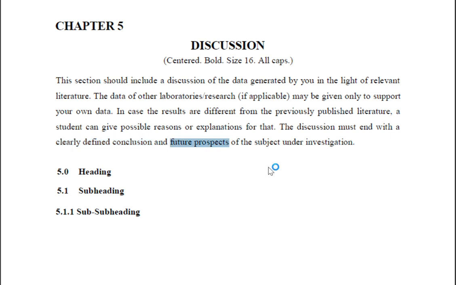Now here comes, most of you will ask the question, something is not included in my thesis, this thing is not included. So here you have to mention the future prospect of the subject under investigation, that whatever you have done now, this thing can be further investigated by using, suppose, Sanger sequencing, or by doing cellular investigation like cell culturing, or any animal model can be designed on it to see the further effect of this gene on a particular phenotype, and so on. Okay, so this is the future aspect.